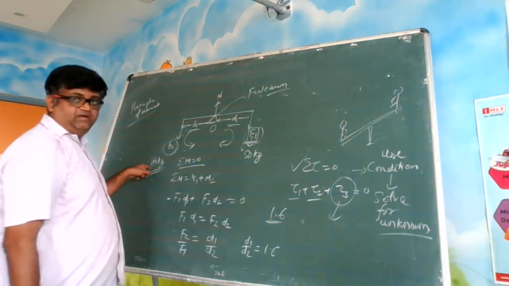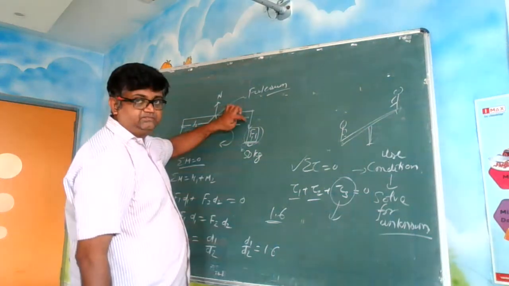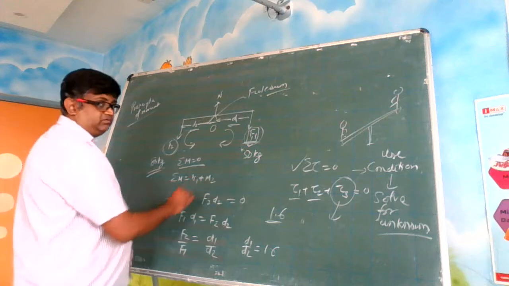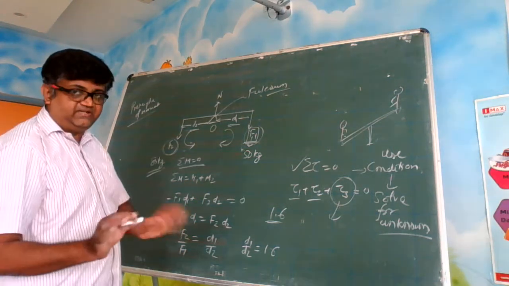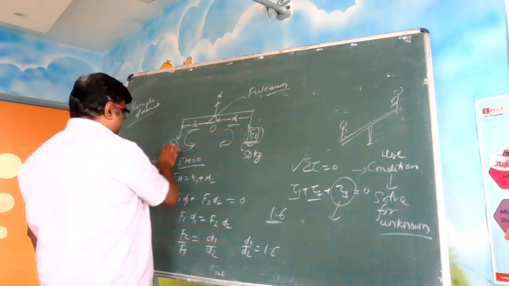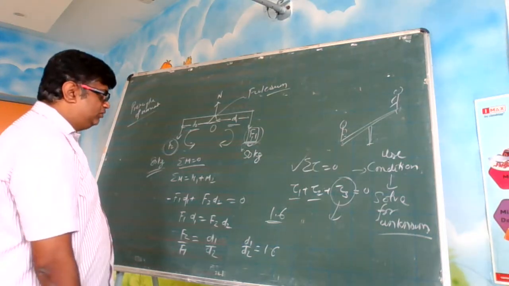Now I want to lift this 80 kg mass. So can I adjust this distance so that I can lift it? So listen again, I cannot change these two masses, they are what they are. I have to lift this mass up. Let us see. So how will I do it?